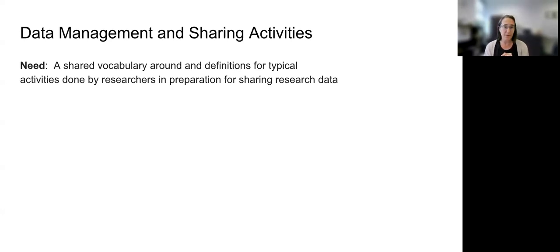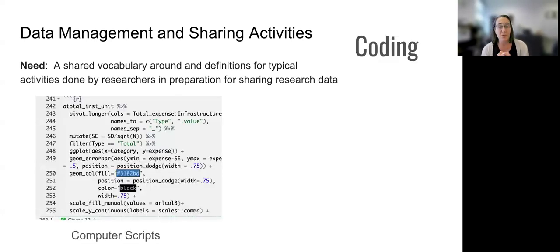So vocabularies can be very confusing. If you take, for example, the concept of coding, if you were to approach a researcher and ask if they use coding in their work, what answer do you think they might give you? If I am talking to an ecologist, for example, I'll even put myself in these shoes, the first thing I think of is a scripting language that I use for data processing, for pulling information, for creating images or figures.